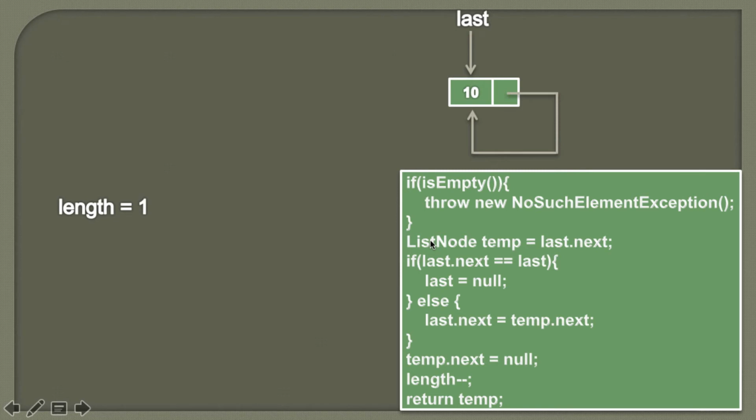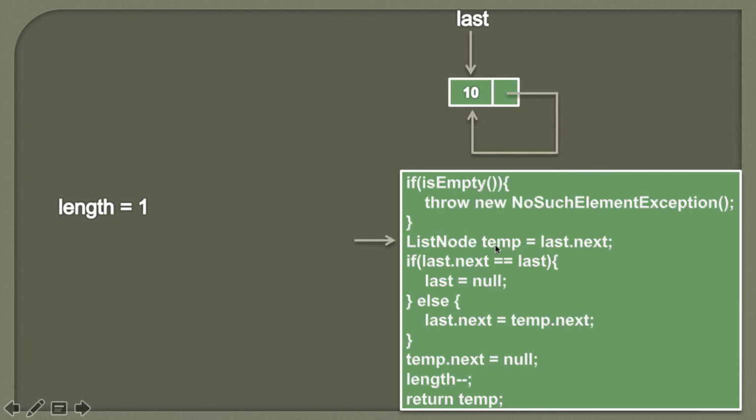And if we call this algorithm again, in order to remove this last node from the circular singly linked list, the demonstration of the algorithm is as follows. So first we check whether the list is empty or not. So currently the circular singly linked list has one node, therefore it's not empty. So the condition in the if block comes out to be false.